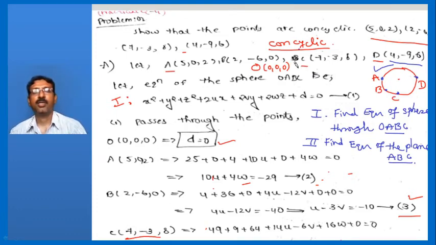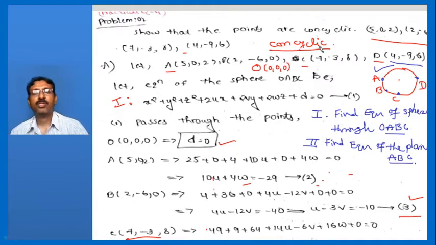Generally in three-dimensional geometry, a circle is formed when a plane section intersects a sphere. Therefore, the concept of sphere and plane should be present when we discuss a circle. So, using this concept, first we find a sphere passing through the first 3 points A, B and C, and also a fourth point, the origin 0, 0, 0.